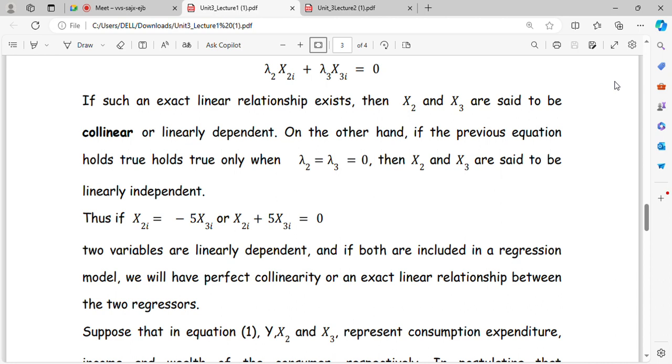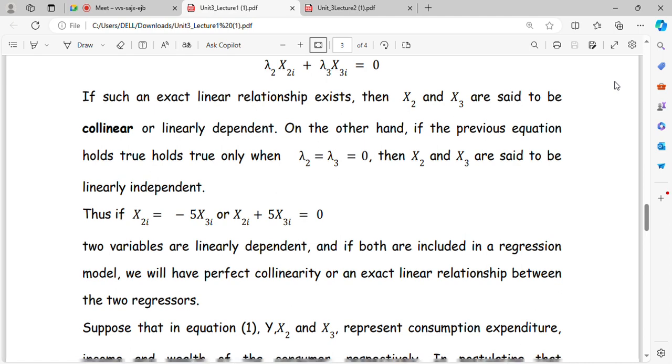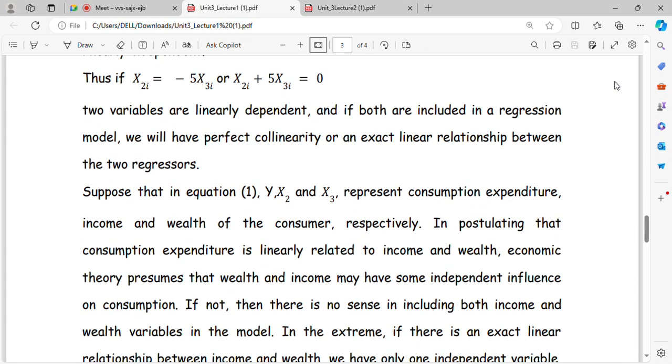যদি আমরা x2 আর x3 দুটোকেই পুট করে দিই রিগ্রেশন ইকুয়েশনে, তাহলে আমরা obviously exact linear relationship পাবো. তার কোনো মানে হয় না, তার মানে আমি একটা ভেরিয়েবল নিলেই কাজ করলেই হয়ে যায়. For example, suppose that in equation 1, y, x2 and x3 represent consumption expenditure, income and wealth of the consumer